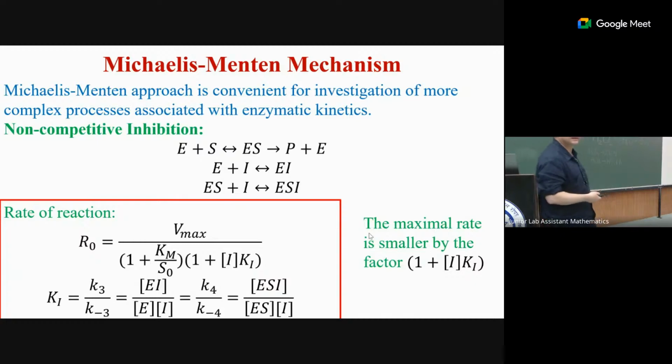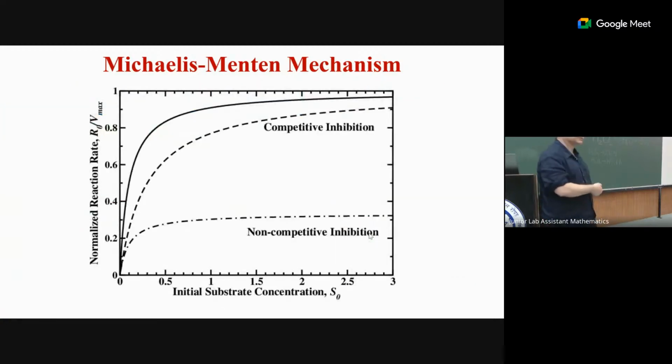That's the reason, and that shows up over here. Competitive, you reach the same thing, but slower. Non-competitive, you don't reach the same level of reaction. So you should not worry, this is a lot of chemistry. All these things are done only to illustrate one point: looking at the dynamics can tell you something about the underlying microscopic mechanism. That's it, and this is just an example of it.